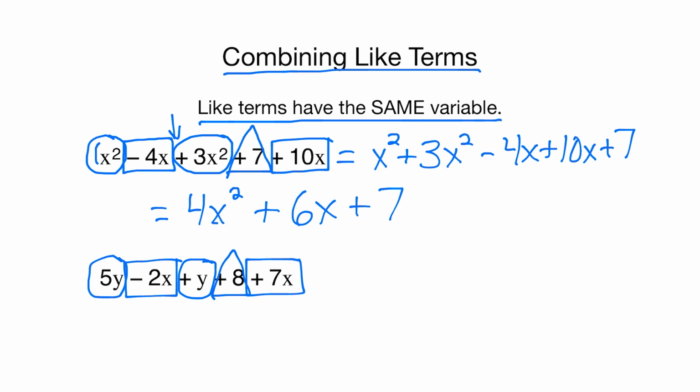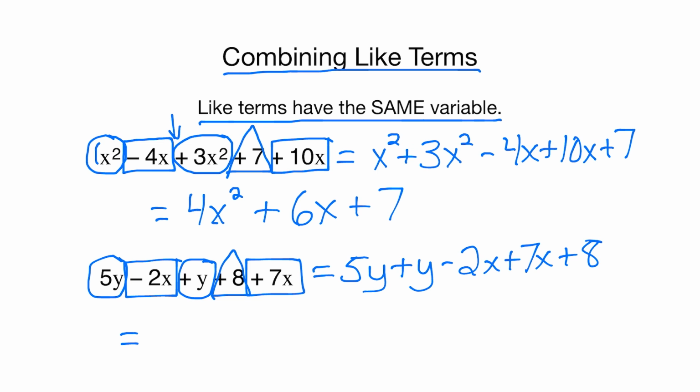Okay, now I'm going to rearrange and put the circles together and the squares together. We have 5y plus y, that's 1y, minus 2x plus 7x, and plus 8. This equals, now we combine our like terms, 5y plus 1y is 6y, minus 2x plus 7x is positive 5x,